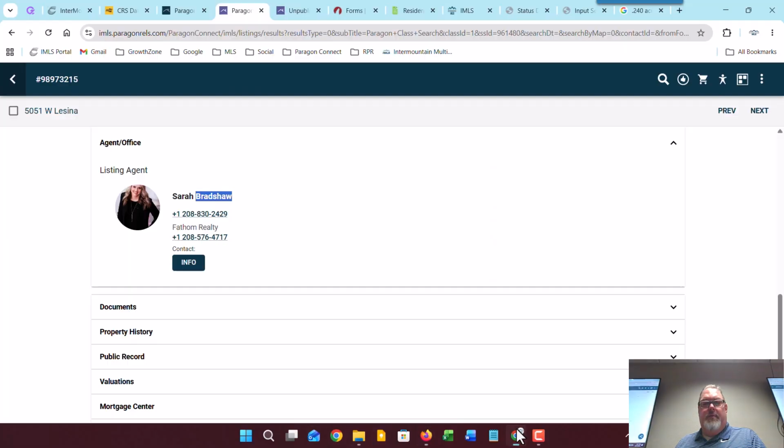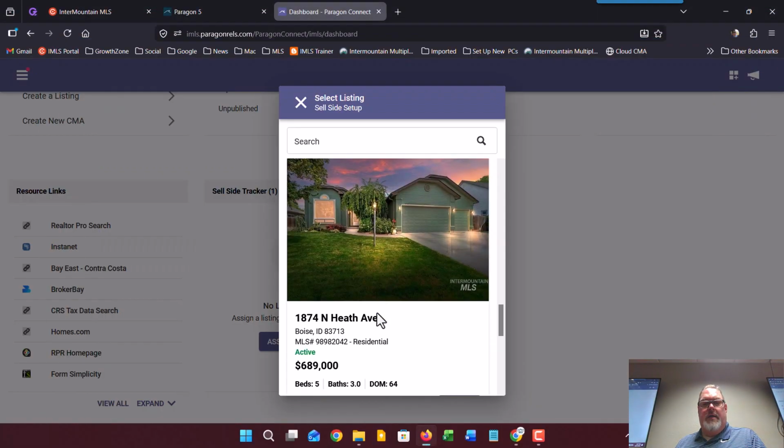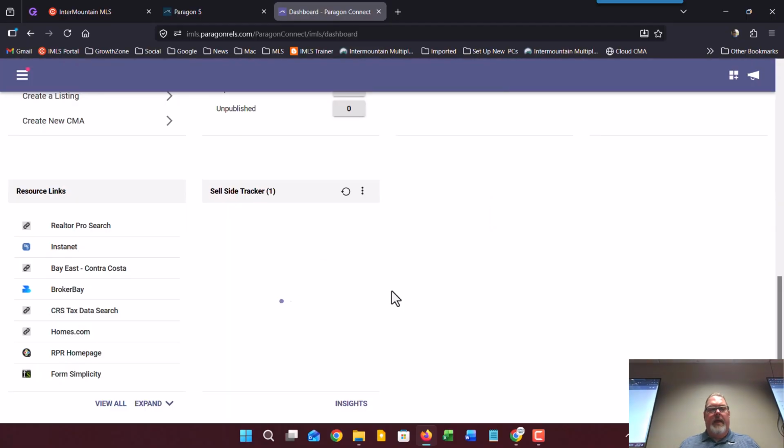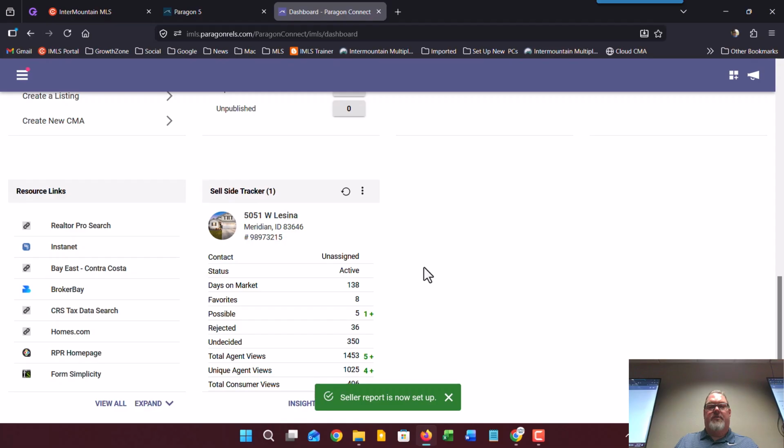And what was the listing we were looking at? On Lucina. There's the listing. And so when you have a listing on the sell side tracker, it gives you all this information about the property